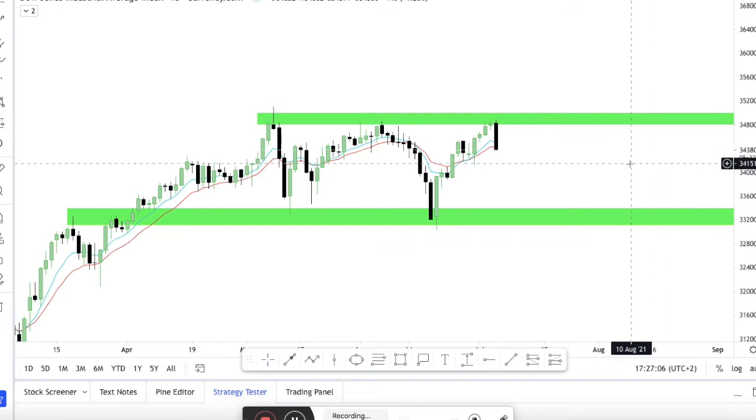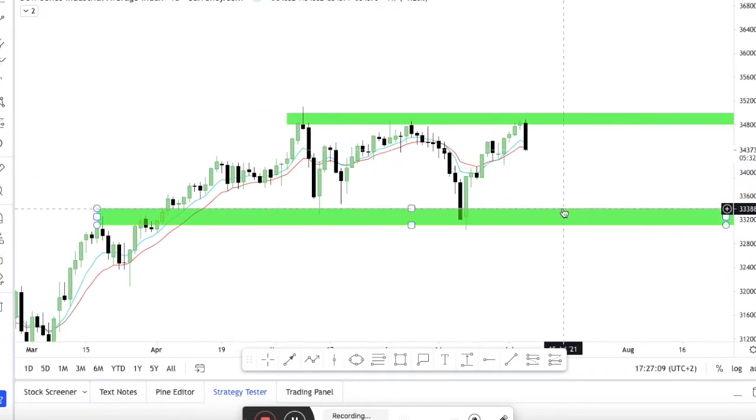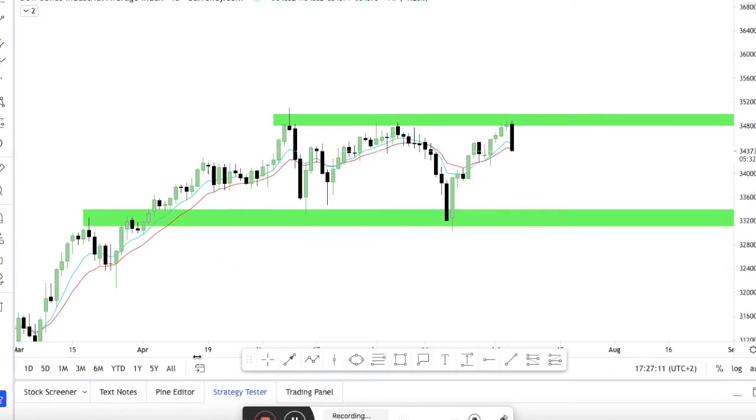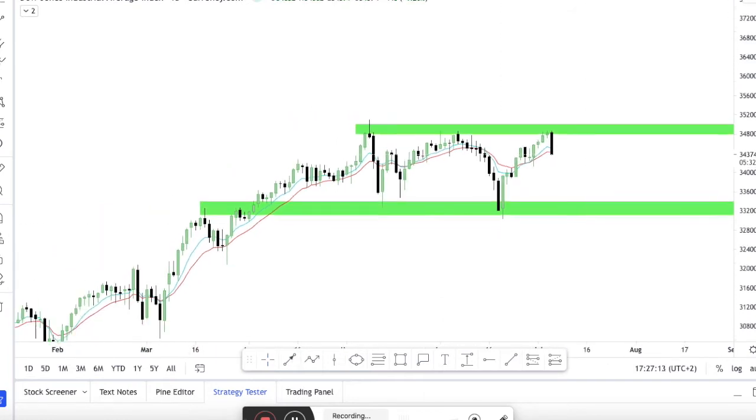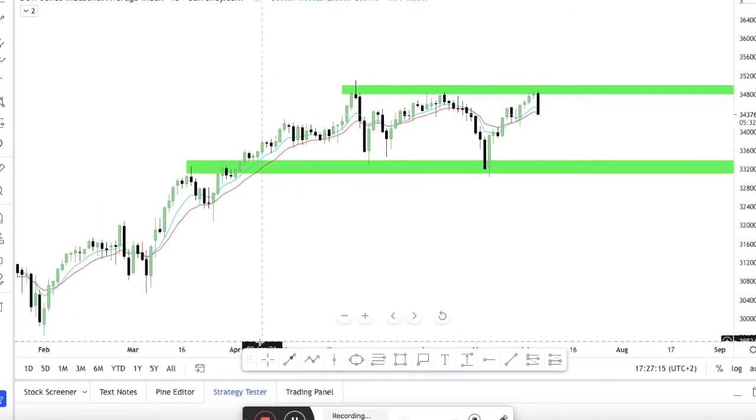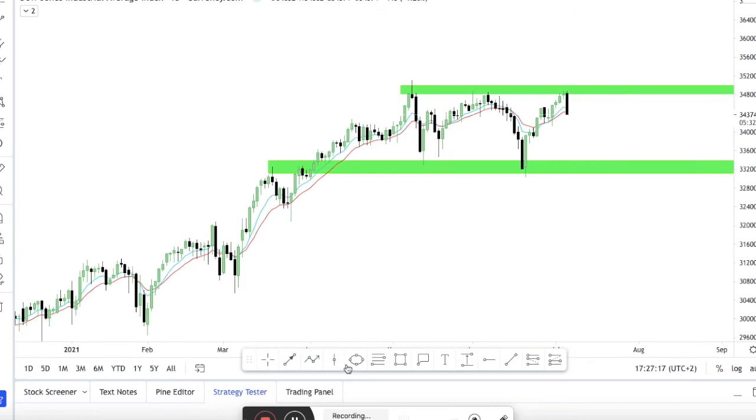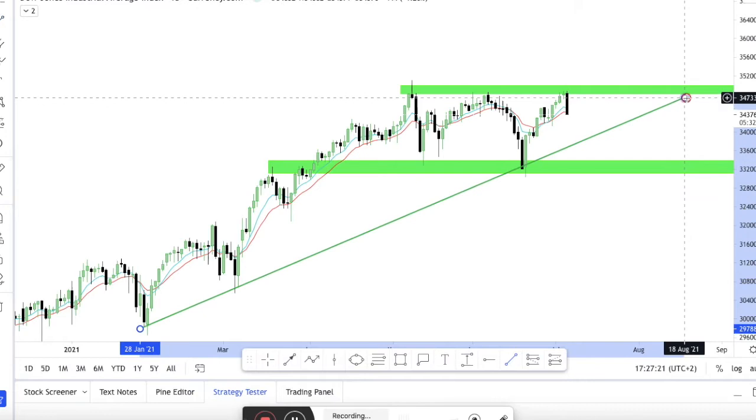analysis for this week. Again, we're going to look at US 30 and Euro USD. Starting here with US 30. As you can see, we are predominantly still in an upward moving market. However,